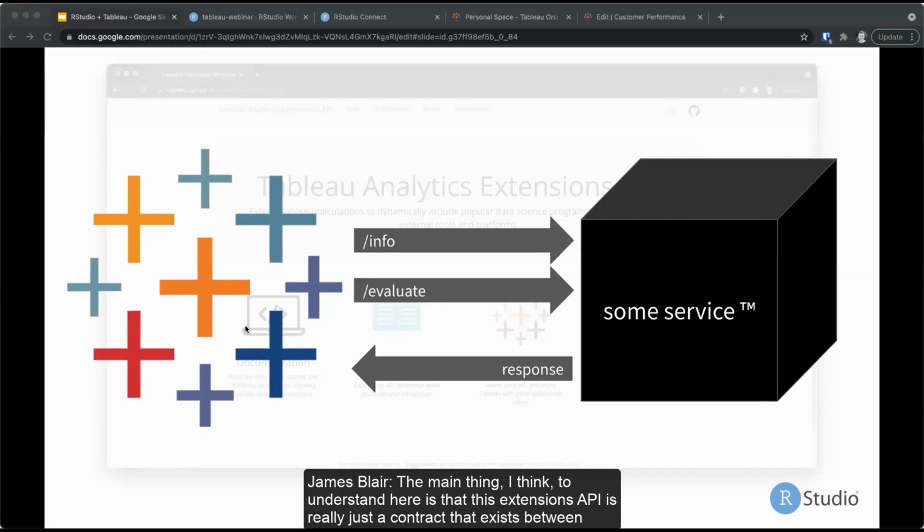It doesn't matter what it's implemented in. It doesn't matter what language, it doesn't matter what it's doing, right? As long as it obeys the contract, it works. And the contract is that Tableau will make two different requests to two different endpoints. It's going to make a request to an info endpoint to understand information about the service that's running. And it's going to make a request to the evaluate endpoint that is expected to return some modified version of